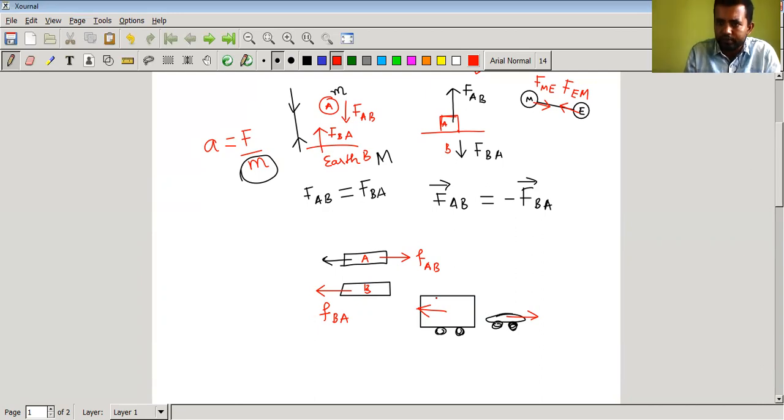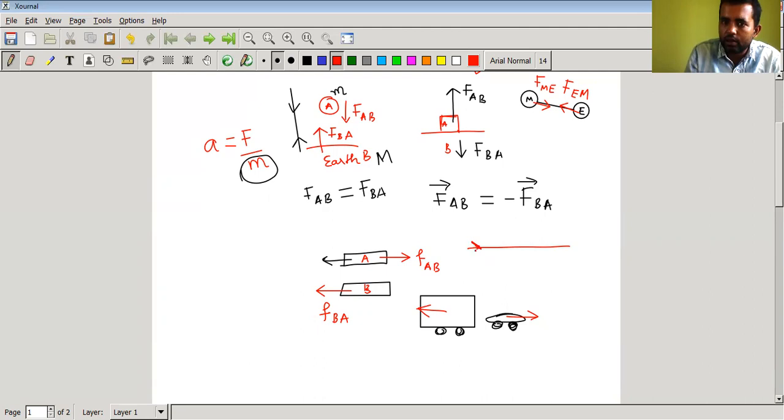In the same way, in arm wrestling, if one is applying force F on one hand, if these two are in contact, so if this hand is applying some force, by Newton's third law, this hand has to exert the same force on this. Of course, it's very conceptual, but it's true. In the same way, in a tug of war, two parties are pulling each other with the help of a rope, right? So if this party pulls with some effort and this party pulls with the same effort, so let us say